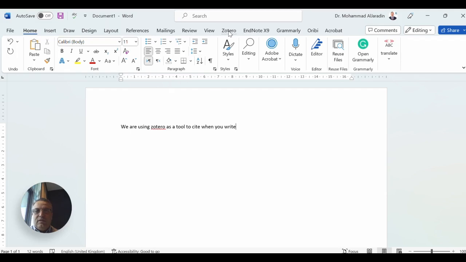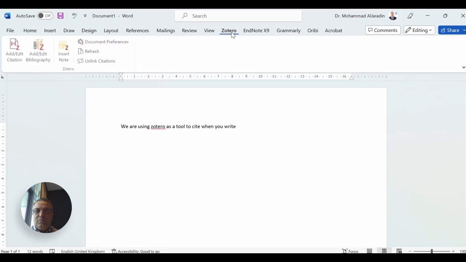Because I already have Zotero and I have EndNote, both of them are installed. And any other software that you install on your computer, usually one that can organize, like Grammarly here, which interferes in your text, will appear here. So Zotero is now part of Word, and you see here are different icons. I need only these two icons. The first one will add the citation,